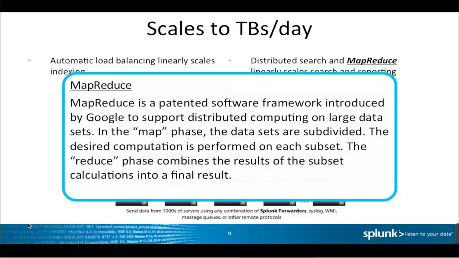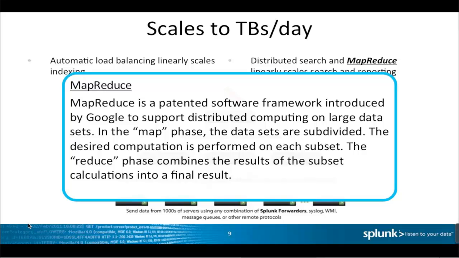This is what Google does to rapidly return billions of results. If I type DABCC and it returns 300 million results, it did that using MapReduce, where it finds that term in its indexes around the world and offloads that to all these other nodes around the world to bring back the results.